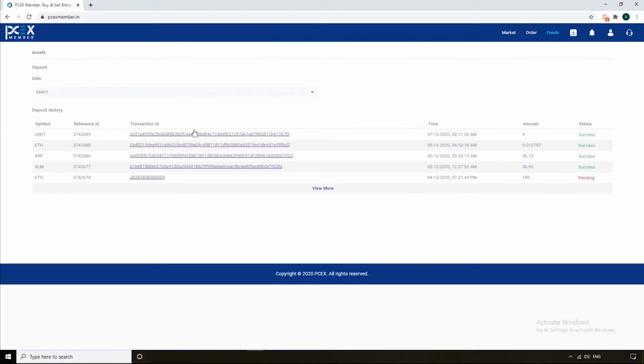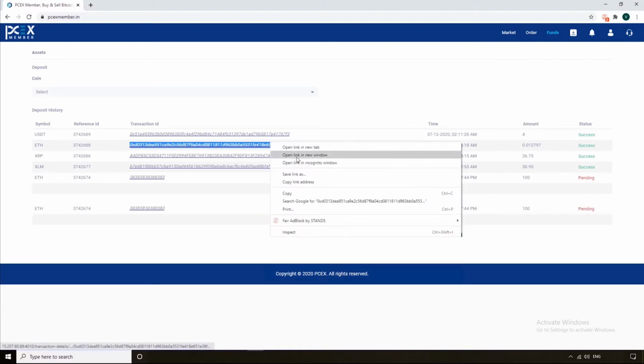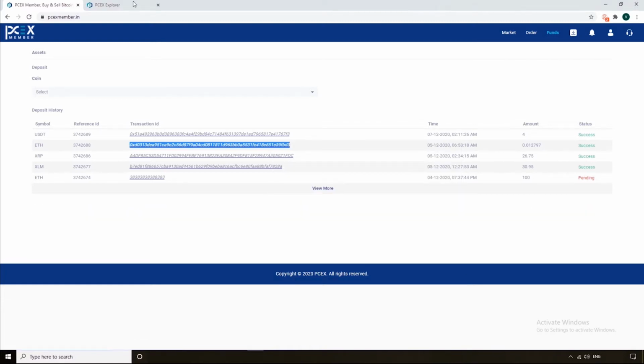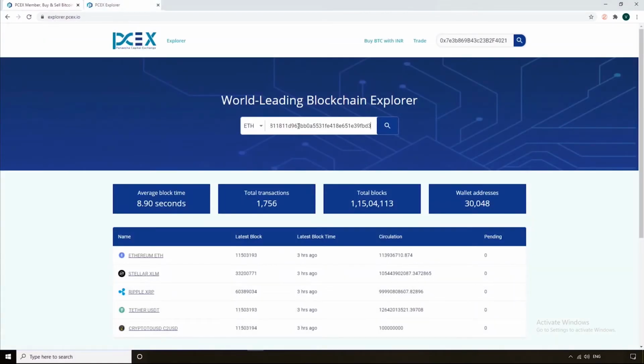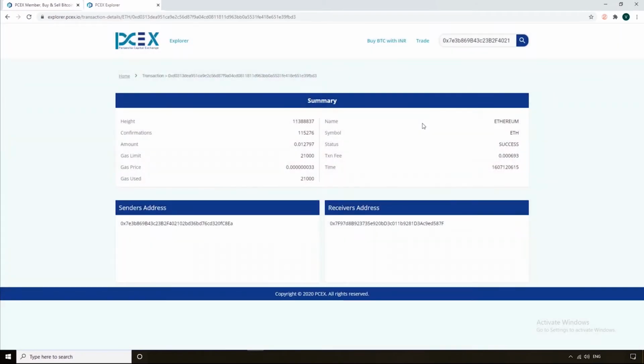If you want to find the details of your recent transaction, such as, let's go for this ETH, which is Ethereum, you can simply click on the transaction ID, or you can just copy-paste the transaction ID here on our Explorer. Once you search the details of the particular ID, you will get all the details about the specific transaction,